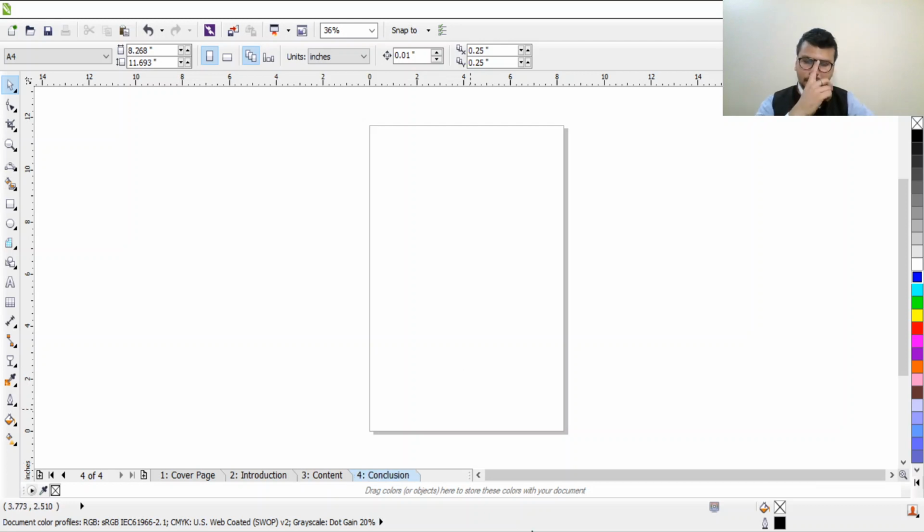This is basically useful when you are using a lot of pages in CorelDRAW and you want to switch from page to page, to change the content or to copy the designs or other things. So you won't get confused just by looking at the bottom page buttons. You can identify which page your content is lying in. Similarly, you can click and drag this to the right side so that you can add more pages. But even without doing this, you can add more pages over here.